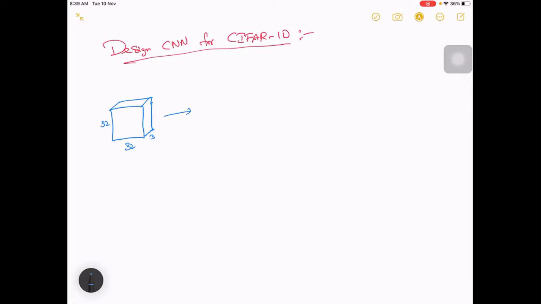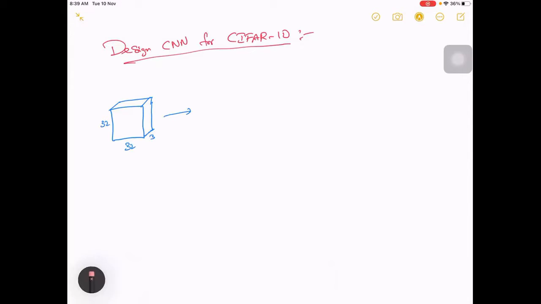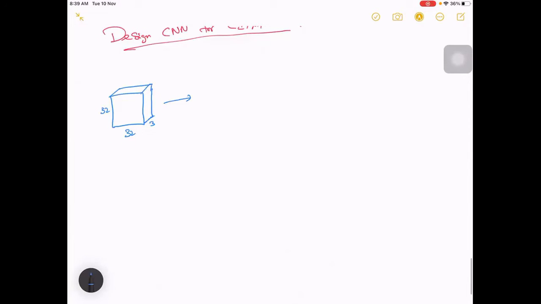So we have to go for a convolutional layer here. That convolutional layer should take this input, and it should have a filter.